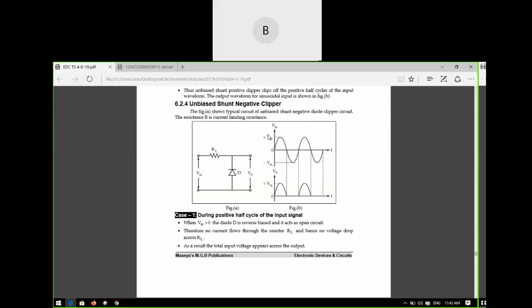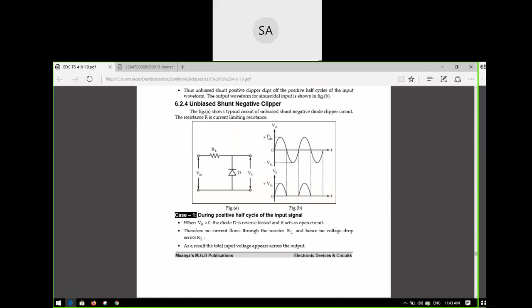Very good. The positive terminal of the input supply, correct or not? Yes, sir. The input signal's positive portion is connected to the negative, or N region, of the PN junction diode. So what will happen? It is in reverse bias. Correct or not? Yes, sir. So what is happening in reverse bias? In reverse bias the diode will be